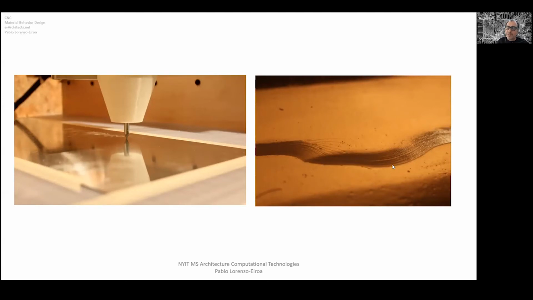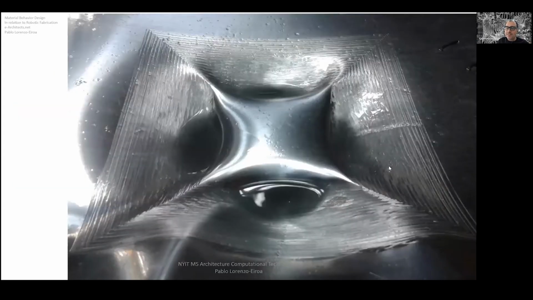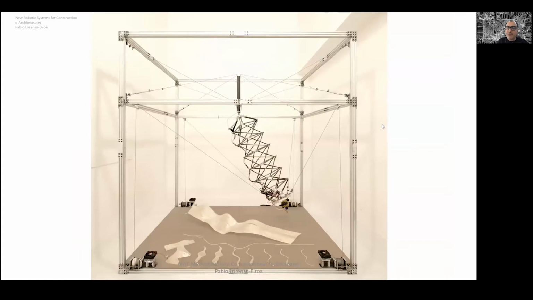We're also going to look at the behavior of the material while it is being printed or CNC'd or transformed, to integrate that information and change the design. One of the objectives is actually to develop new ways of constructing. This is a robotic fabrication machine that we developed in my office, earchitects.net, that you can check out. What we did was to develop a site-specific 3D printer that can be adapted to any situation, does not need this frame, and is cable-driven.